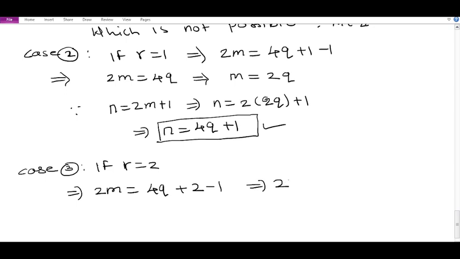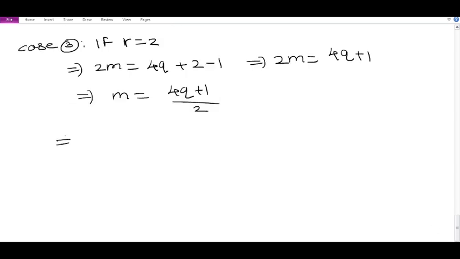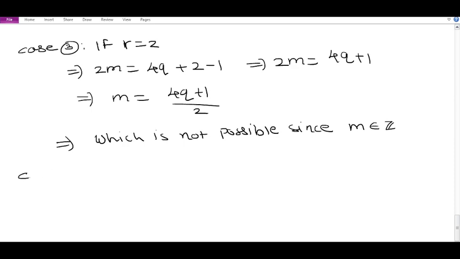So 2m is equal to 4q plus 1, and this implies m is equal to (4q plus 1) divided by 2, again which is not possible. Why? Because m is an integer, and this is not an integer, so this case is not possible. Case number 4,